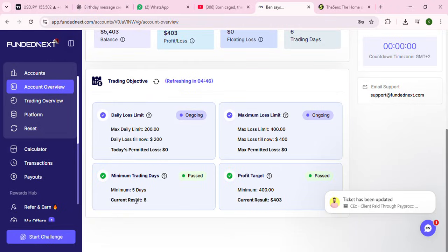I used 6 days. Passed the account in 6 days. This one I took 6 days. Minimum is 5. I'm still very much okay. Profit target 400. I made it to 403. Passed. If you want to check more, you can just click on trading overview, and you can see